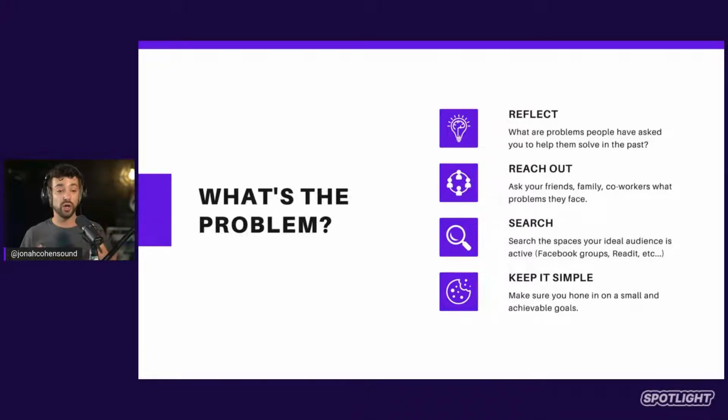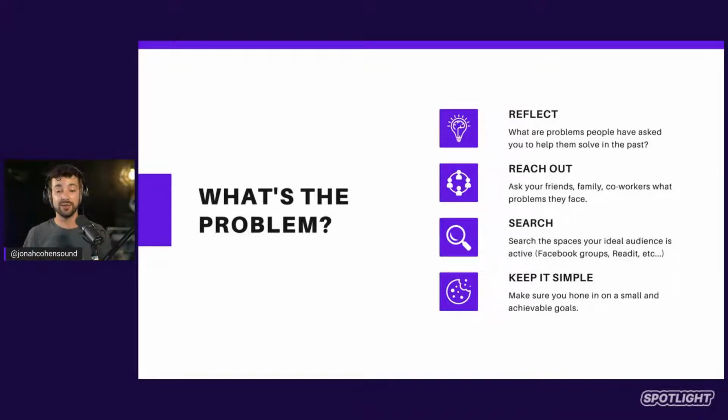If you don't know exactly what that bite sized problem is, you can use a couple methods for finding it. First, just reflect on the things that your coworkers, your family members, your community has maybe asked you for help with in the past. If anyone has asked you to help them with something, that is at least one person who sees you as an authority in that field. And that's an opportunity to go host an online event around that specific problem. And remember, throughout the process, take it down, make it simple.